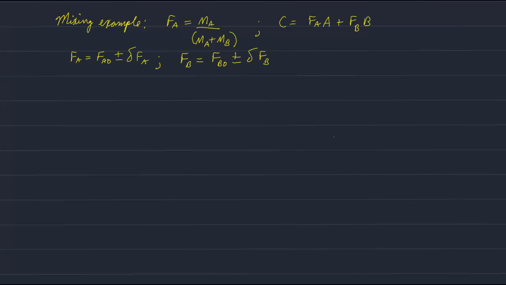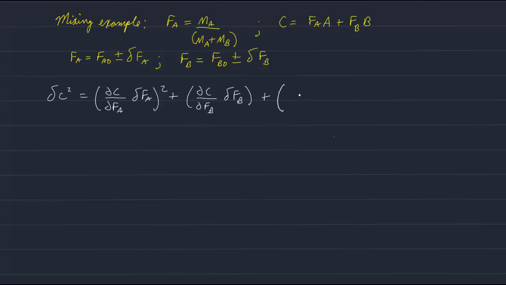So we would proceed as writing the square of the uncertainty of C, or the variance, as being again equal to the partial of C with respect to F sub A times delta FA squared plus the partial of C with respect to the mass concentration of B times its uncertainty,